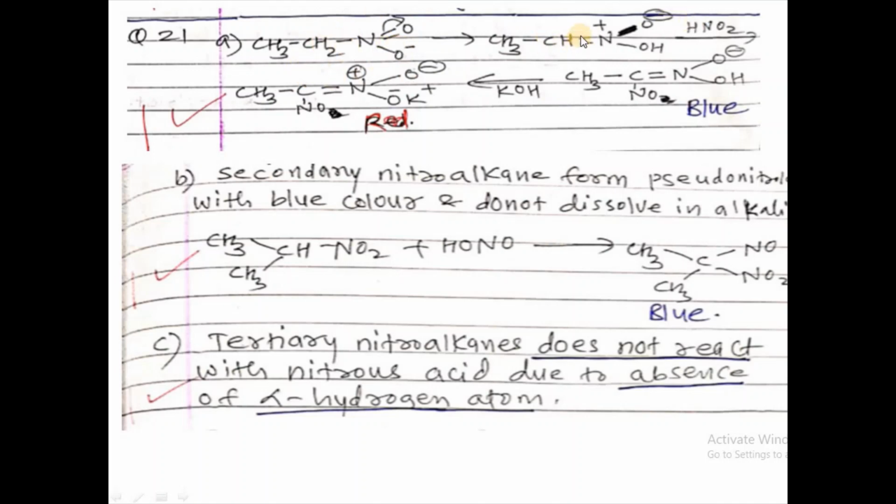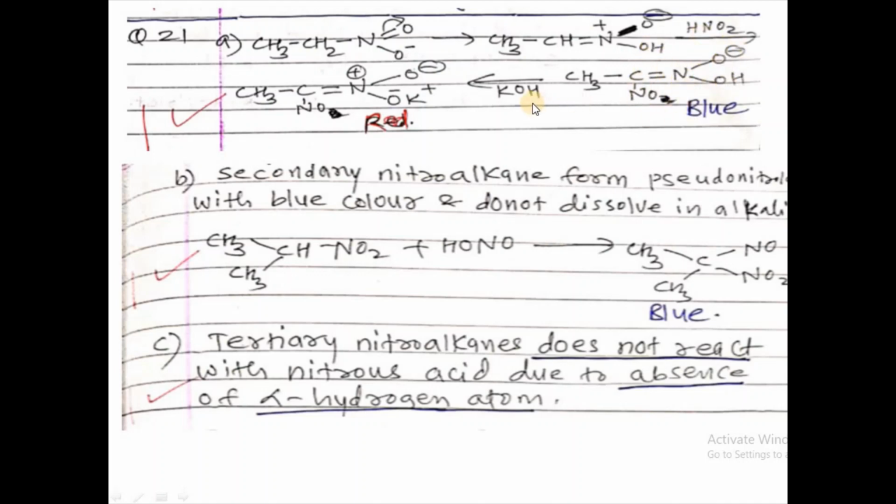It can form the acid form. This is the nitro form, and this is the acid form. One of the hydrogen atoms gets attached to this oxygen, and O minus is formed. When HNO2 reacts with the acid form, this hydrogen atom is replaced by NO, and we get a blue colored compound,